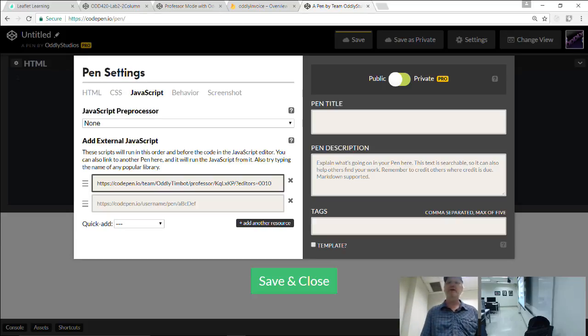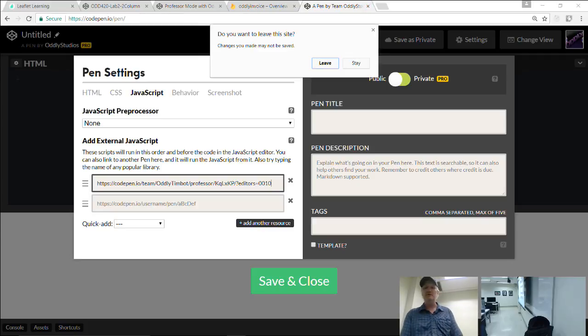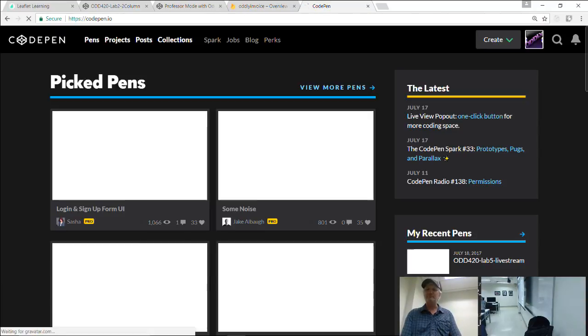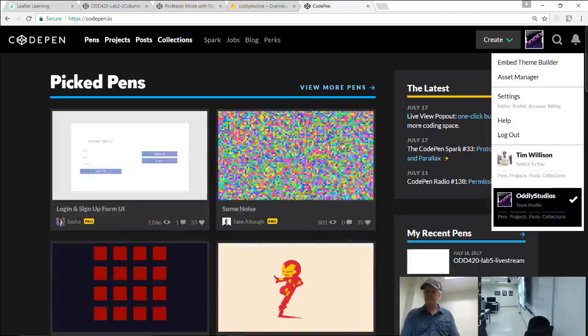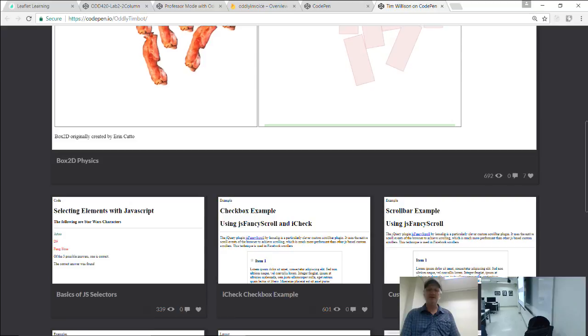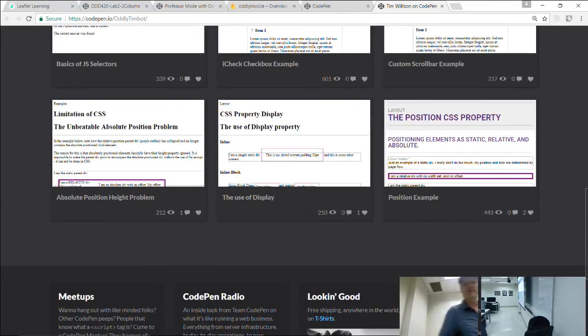I'll show you where I'm doing that in my own CodePen. A lot of my examples have these styles on it here, and this heading and stuff like that. All those styles are in one pen, and then I'm just sticking that pen URL into the JavaScript links there. So then they just automatically pick up my styles, which is pretty nice. So good trick to know about.